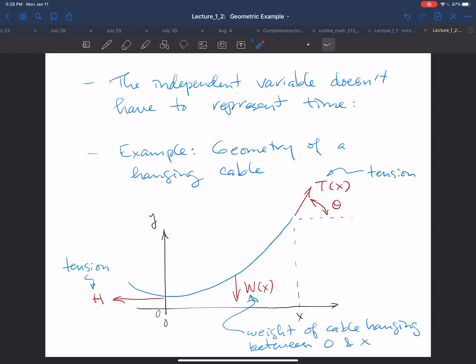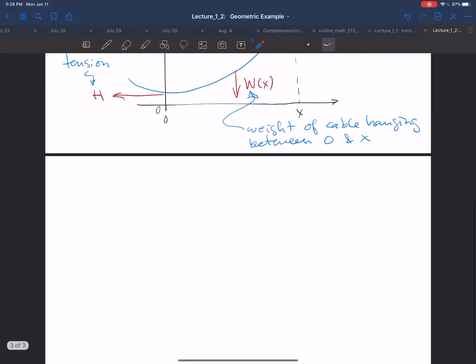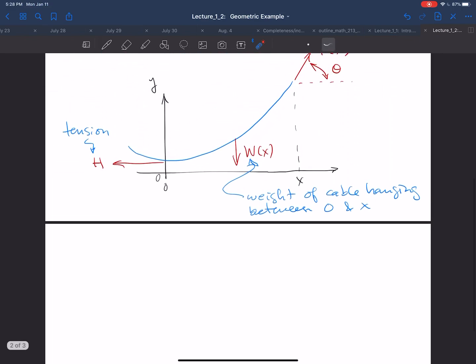Now we'll be able to get a differential equation describing the shape of this cable just by considering Newton's law. This is a problem in statics. We assume that the cable is still, so the horizontal and vertical forces on the two ends of the cable will have to balance out. So by Newton's law,